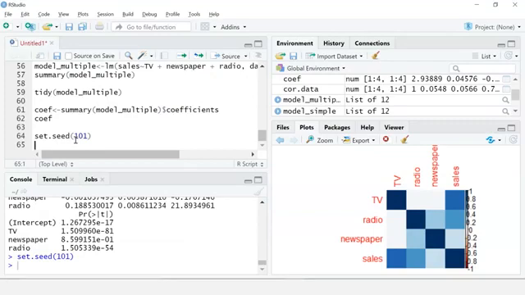Next, I will split the data into training and testing sets. I'll take 70% for training the data and 30% for testing the data.